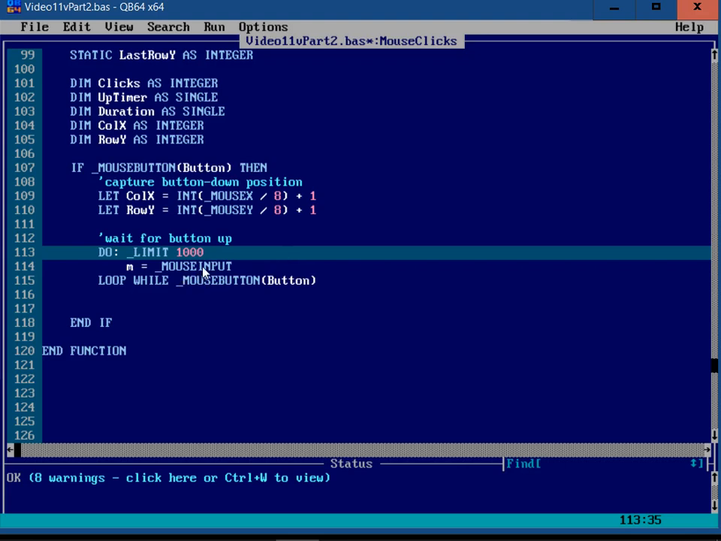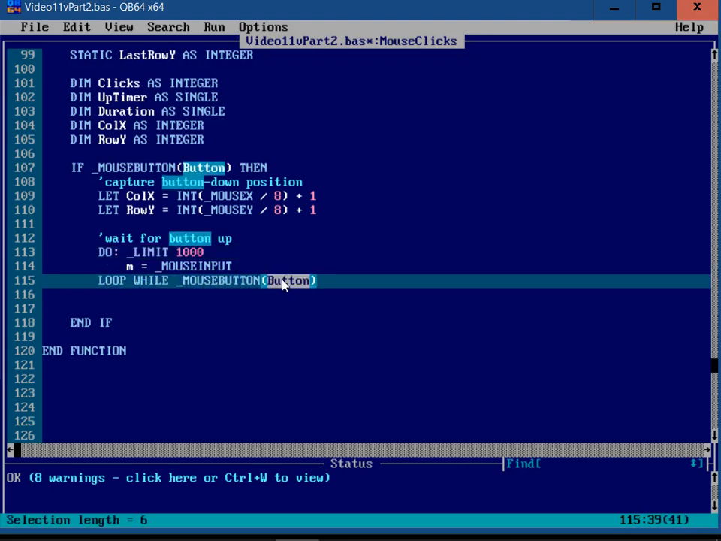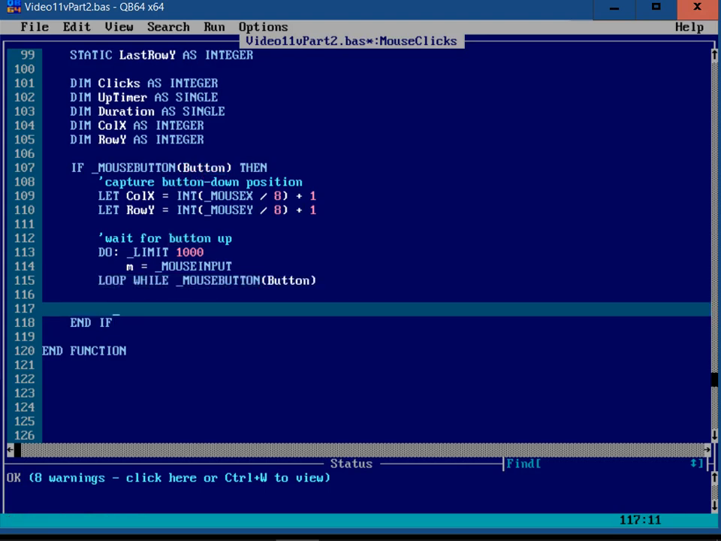And then mouse input is actually a function that returns a value. So you can't just call it. You've got to assign it to a variable. So I just set m equals mouse input just to make it run. And then I loop while our mouse button is still being pushed for the same button that we're looking at here. So for as long as you're holding that button down, this little loop is just going to keep on running. As soon as you let go of the button,